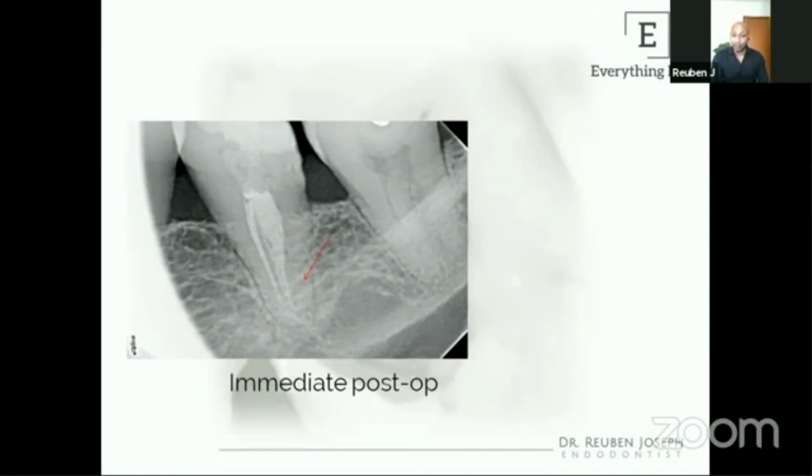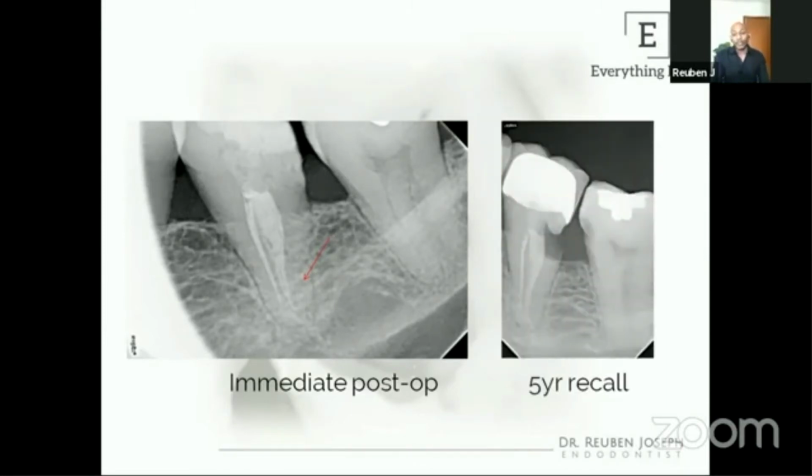But once I had done my core, in this case, I realized I had missed one little canal there. So at this point, I had to make the decision as to whether I go back inside and locate this canal, or whether it would be a little too aggressive a procedure at this point. So I took a call that I would just leave it the way it is and observe what happens. So I got a 5-year recall on this case after post-endo. The periapical area is absolutely clean. There's no real trouble at all.